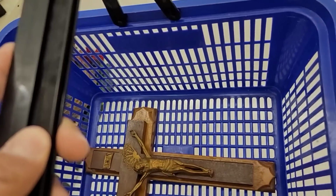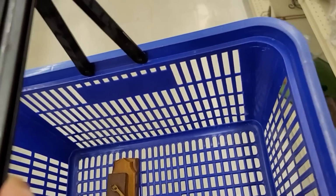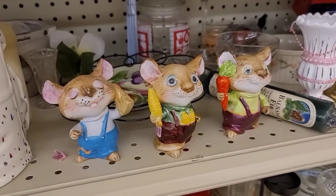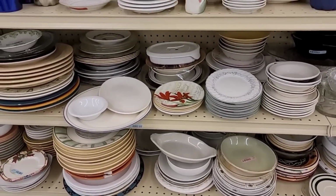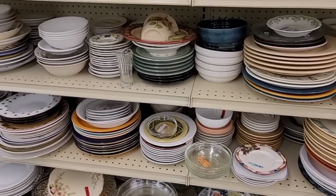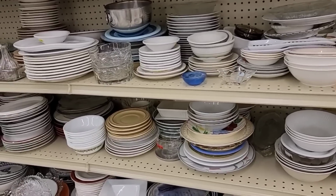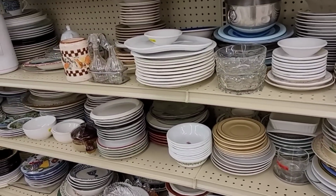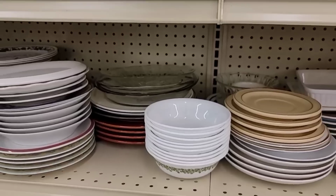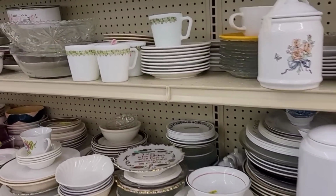And with the acquisition of that crucifix, we got a basket because the holiness has broken the curse. And I was in such a good mood that I thought, you know what, little mice, I'm going to take you home. And I decided to go ahead and check out the dishes. You never know, again, what you might find. Maybe there might be an English or an Austrian majolica plate. Great subject matter. Somebody got rid of all of their Crazy Daisy, and that's not going to be the last time we see it. As a matter of fact, speak of the devil,